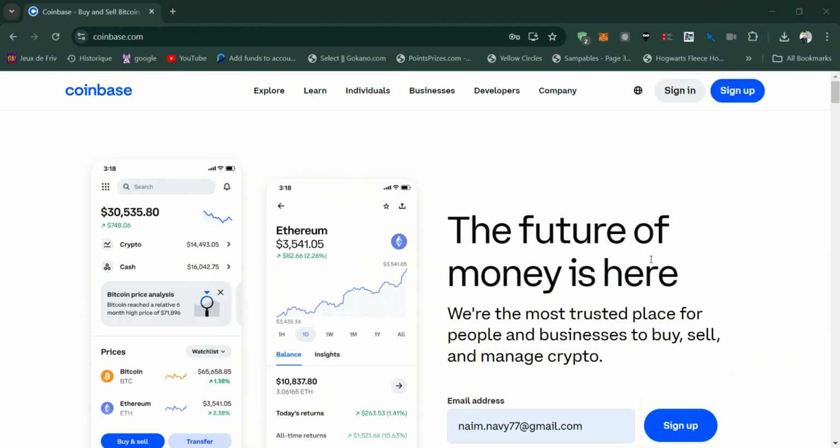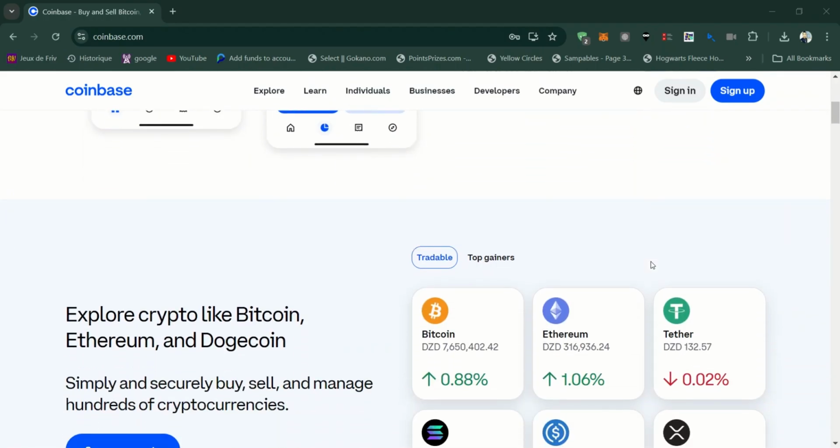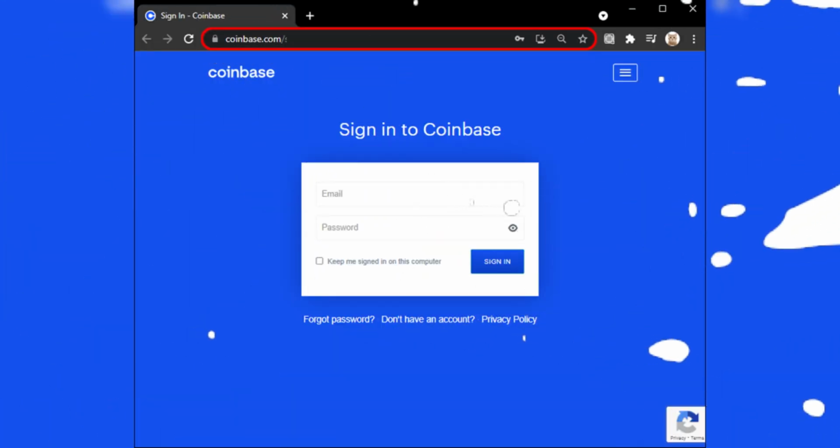In this video, I'll show you how to link a payment method on Coinbase. Firstly, launch your web browser and go to the Coinbase website. Log in to your Coinbase account using your credentials, and after signing in, click on Payment Methods from the Account